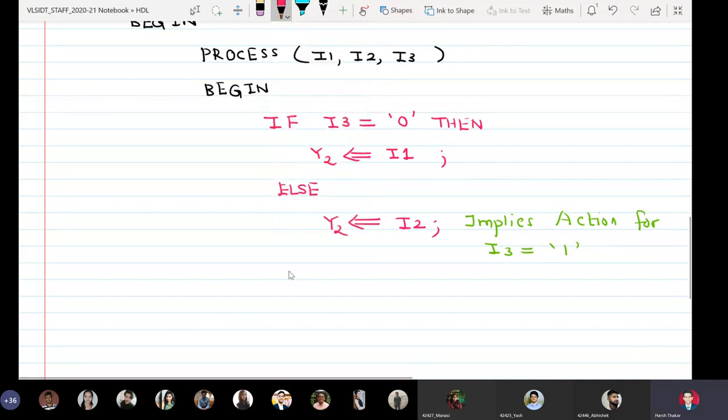Now I'll write down end space if semicolon. Then we will end the process.